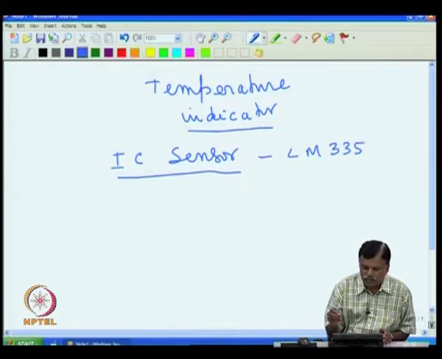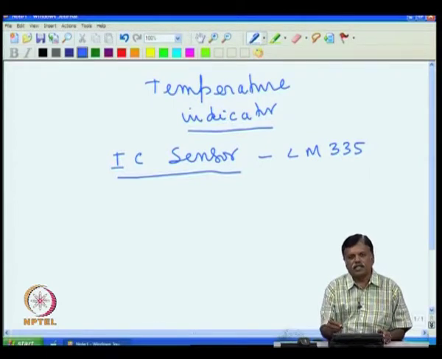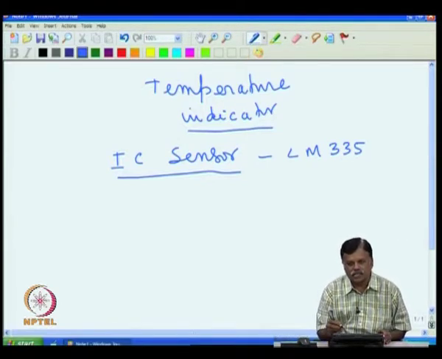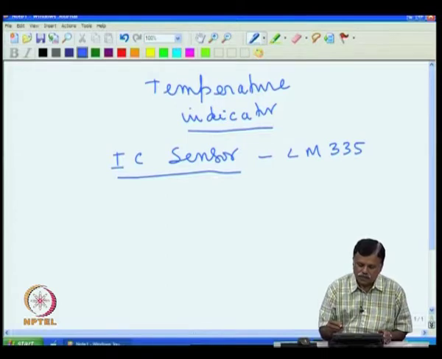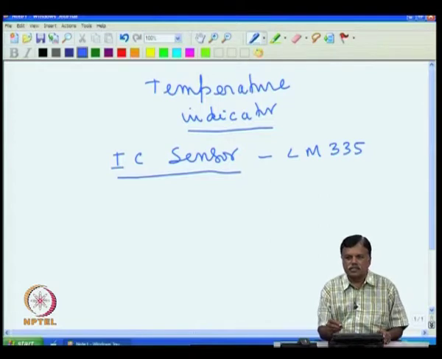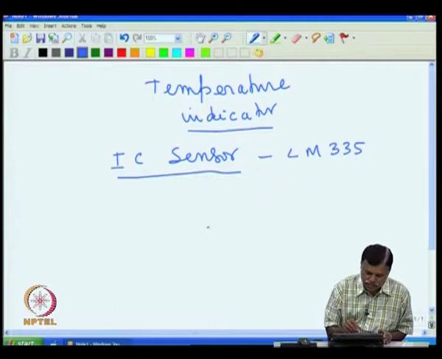LM335. This is a temperature sensor and it is used extensively in the industry. This is an older version; the newer version, the LM35, is also there. Let us see how to use this LM335 and then the operational amplifier and other components, so that we can design a temperature indicator. Now, this LM335 is basically a transistor based temperature sensor, because we know if we take a